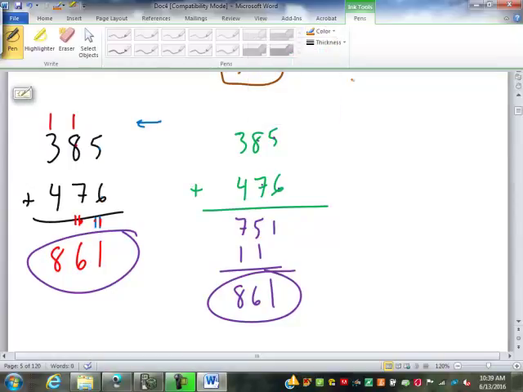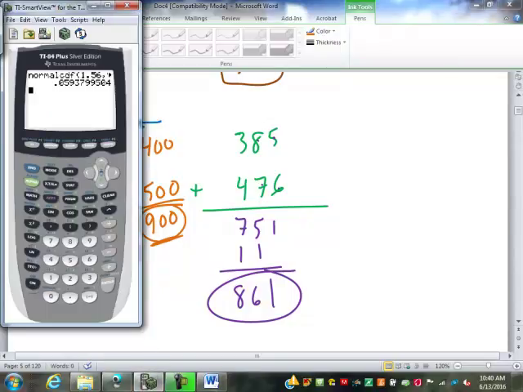Now, as I mentioned, you have the calculators, and you're going to use them. I realize for 3-digit addition you're probably not going to do it out on paper if you don't have to. But I do ask that at the very least you look at this and say, okay, 385, that's about 400. 476, that's about 500. 4 plus 5 is 9, keeping the same name, it's hundreds. I'm expecting my answer to be around 900. So before you go punching that in the calculator, you have an idea of what your answer is going to be. So that if something like this happens,